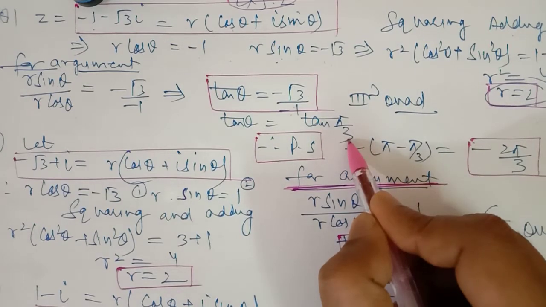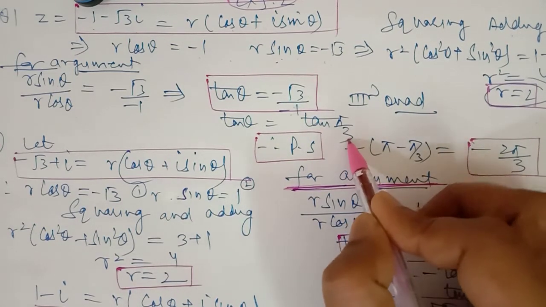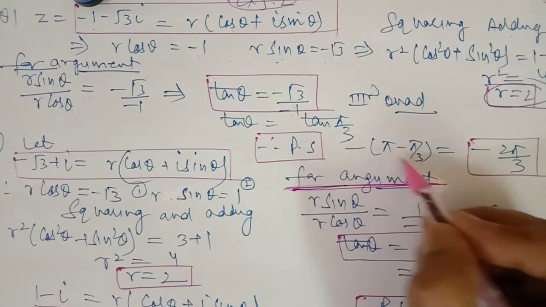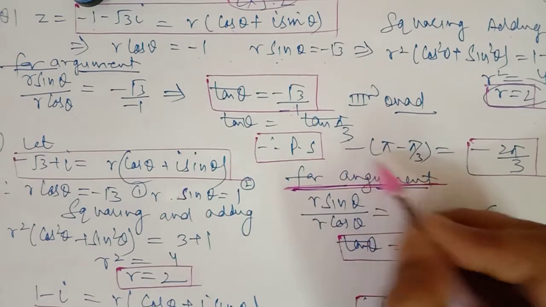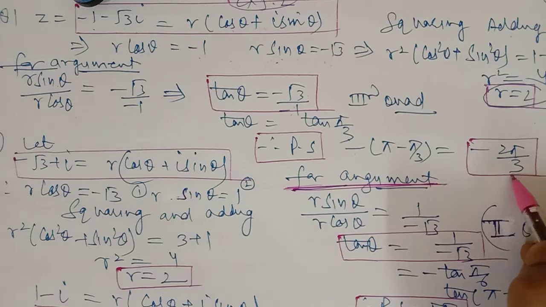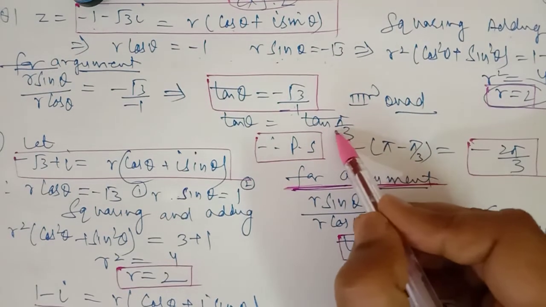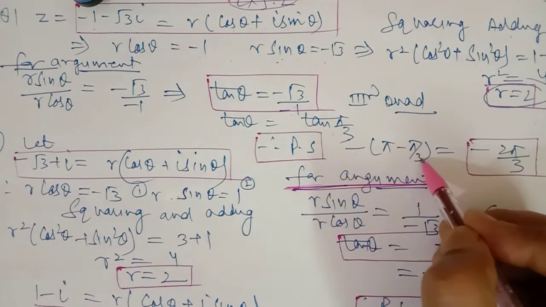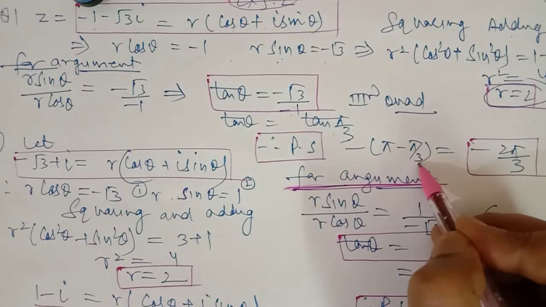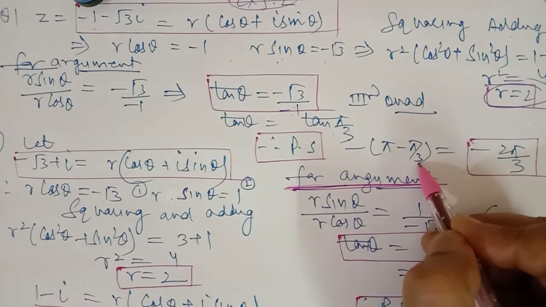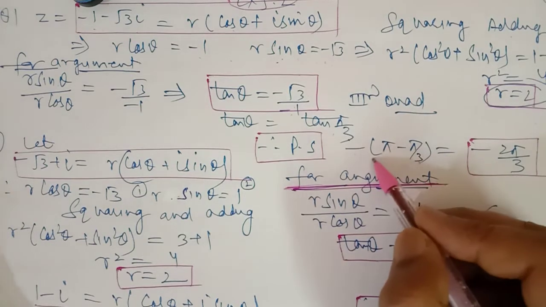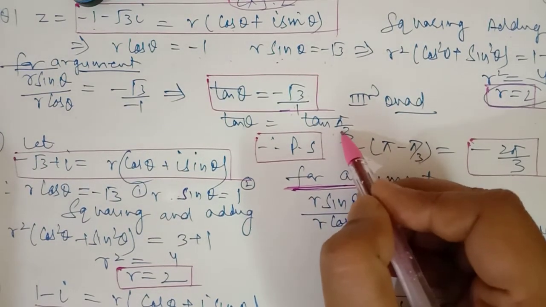Now because we have to convert into the third quadrant, as we have discussed in the basics of the polar form, you have to convert into minus 180 plus pi by 3, which gives minus 2 pi by 3 as the principal argument of this complex number. When theta is in the third quadrant, its principal argument will be minus 180 plus theta. We have discussed this in the basics of the polar form of the complex number. So when the complex number is in the third quadrant, then its principal argument will be minus 180 plus theta, and theta here is 60.